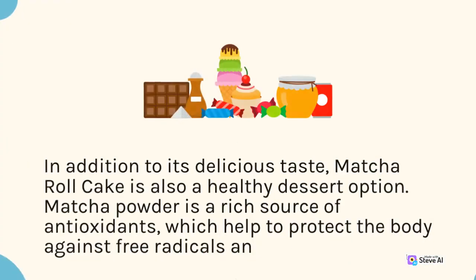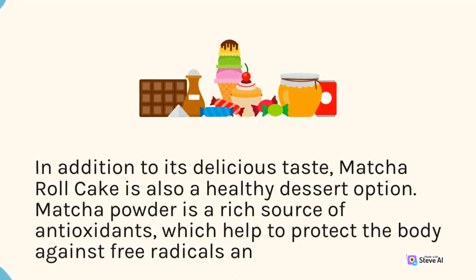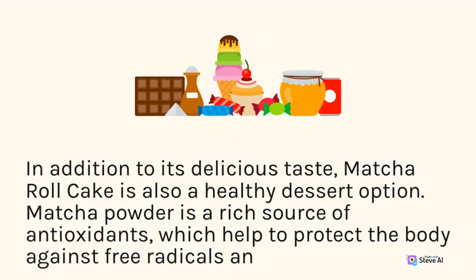In addition to its delicious taste, matcha roll cake is also a healthy dessert option. Matcha powder is a rich source of antioxidants, which help to protect the body against free radicals and